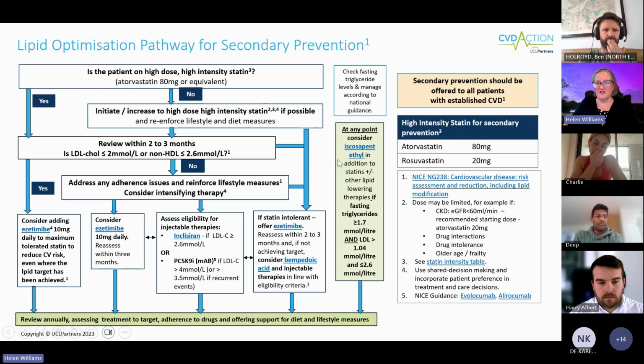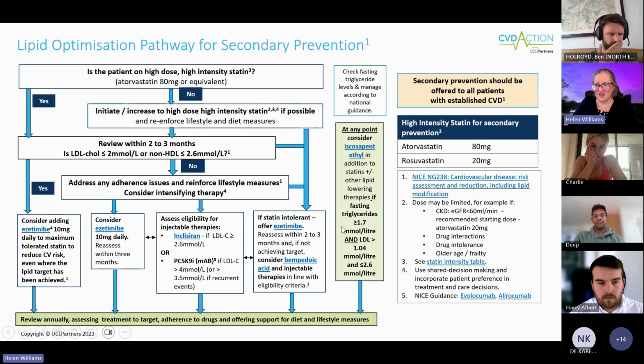And then there's a final new drug which we've added into the pathway because it's NICE approved for patients who have cardiovascular disease who have raised triglycerides. It's a drug called icosapent. It's a very fancy omega-3 fatty acid. But you only qualify for that if you're on statins, with or without other lipid-lowering